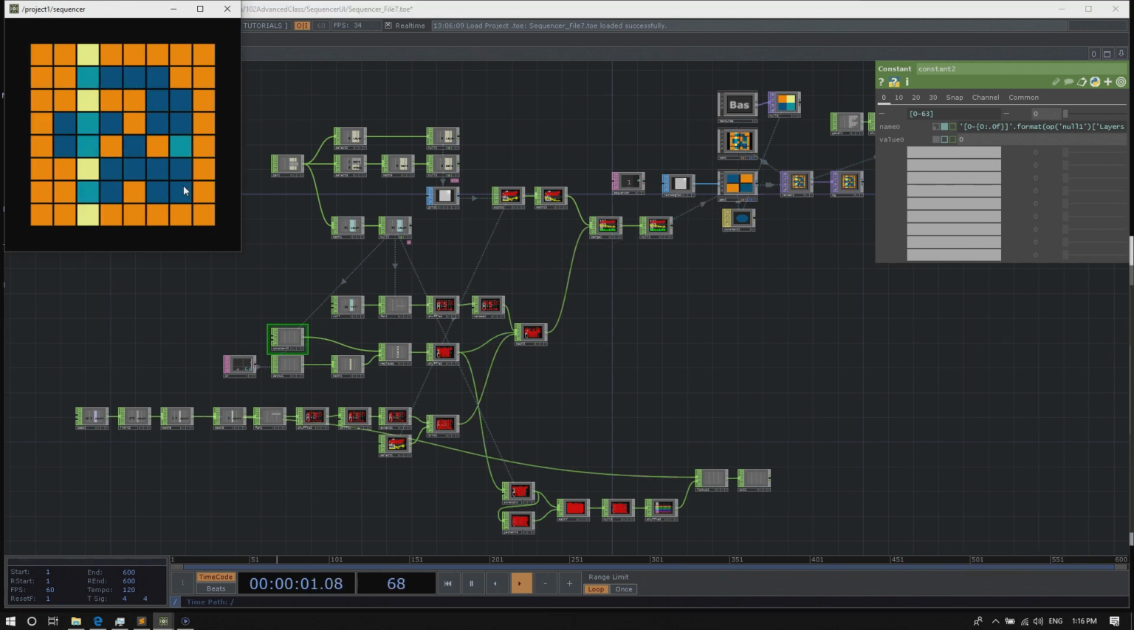Able to drag your mouse around to turn on, turn off these buttons, which is done with a render and